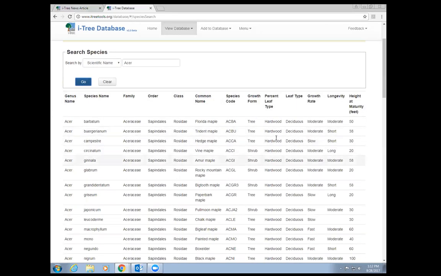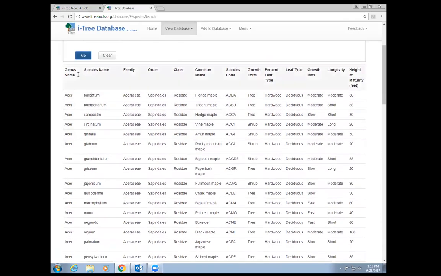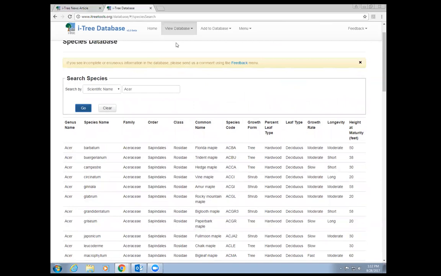And this is our list of our current species that have a genus of Acer. As you can see, it's quite extensive. It has all the associated information in there. So you might look at this and say, oh, Acer campestre. Well, that's not short-lived. That's actually very long-lived. So you can send us feedback if you find that any of the data in here is erroneous; we encourage your feedback in that respect. But I do not see Acer caudifolium, so I am going to add that to the